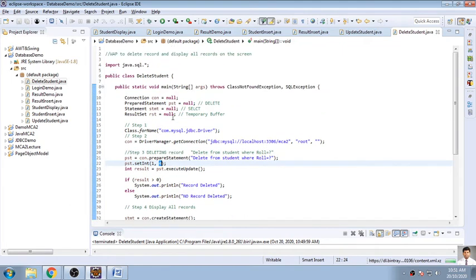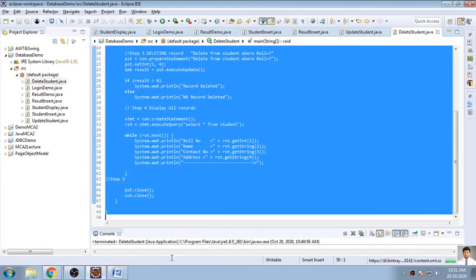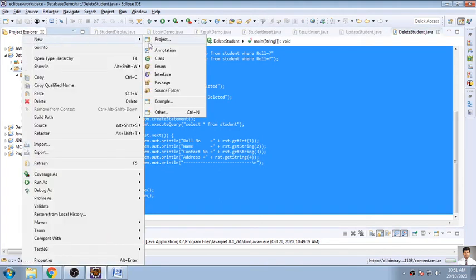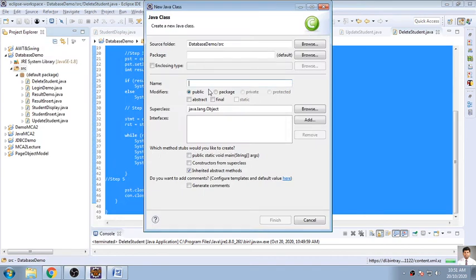So we'll make this a new file. I will be accepting the value from the user now. So delete student, and I will name it DeleteStudent1.